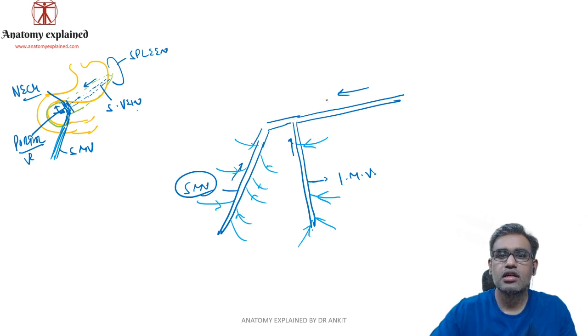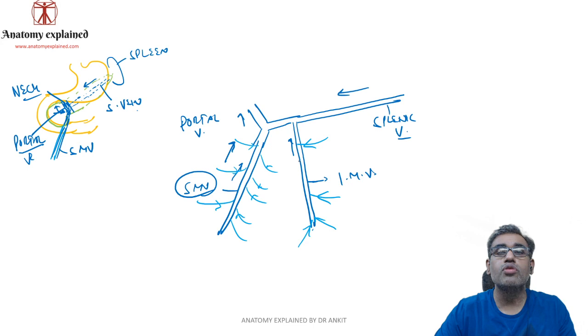So this is where the splenic vein and the superior mesenteric vein meet, and they both form the portal vein. This is where the portal vein is actually formed. The inferior mesenteric vein normally opens into the splenic vein, or if not, then it will open where the splenic vein is meeting the superior mesenteric vein. So these three could have a common end at the upper end, or normally, if not, the inferior mesenteric vein will open into the splenic vein. This is where the portal vein is actually formed. Remember, it is behind the neck of the pancreas.